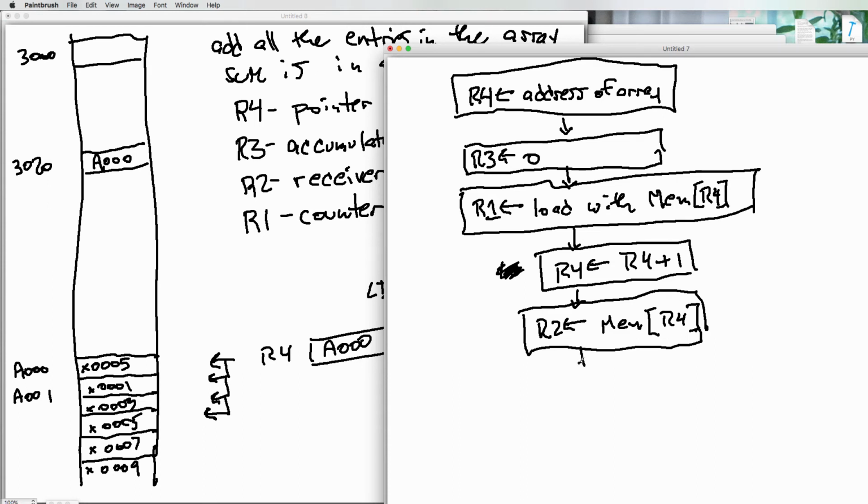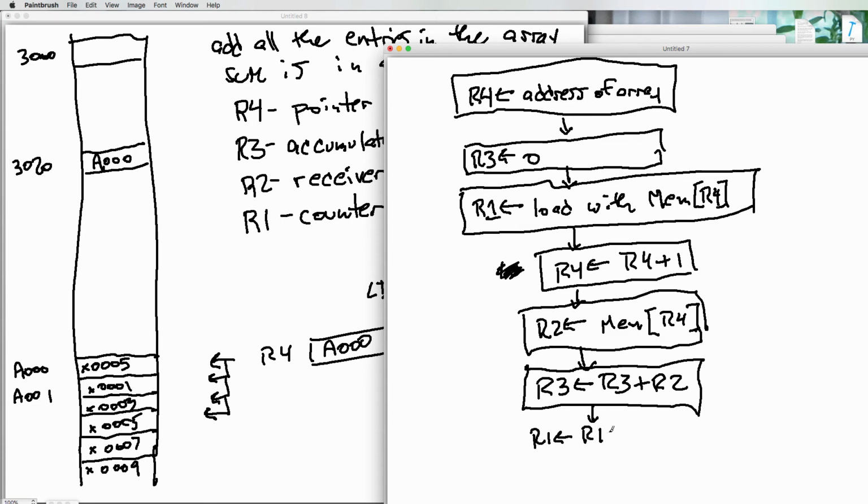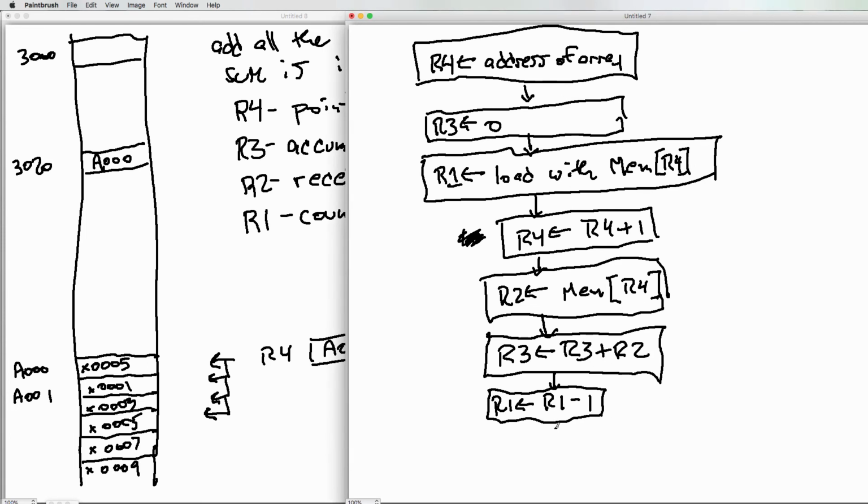I accumulate. So R3 gets R3 plus R2. I have to decrement my counter. R1 gets R1 minus 1. Ooh, we're running out of space. Almost. And then basically what I have to come over here and I just have to say